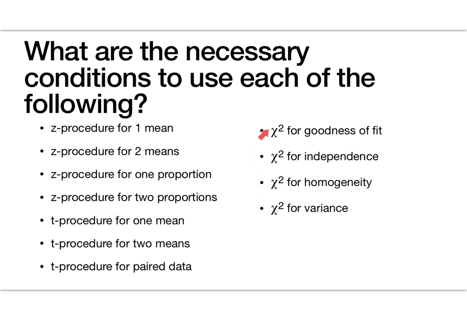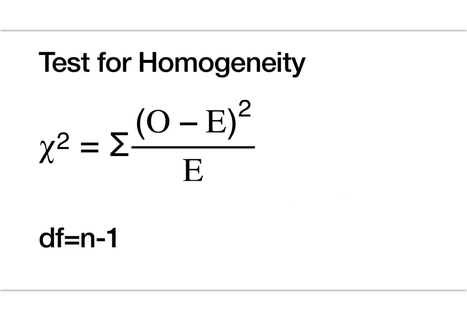And then this is where we've been lately. Goodness of fit, independence. Today is homogeneity and variance. Homogeneity. From the same root is homo, which means same. Genus, same type. Homogeneous would mean they are of the same type. Even though they're different, we're going to say that they are from the same type or they follow the same